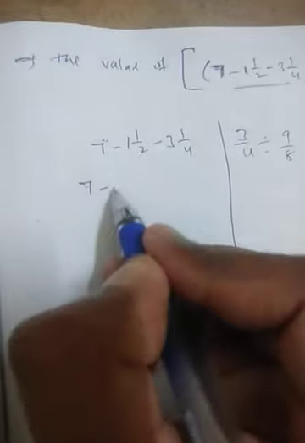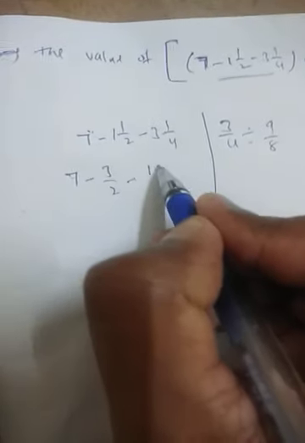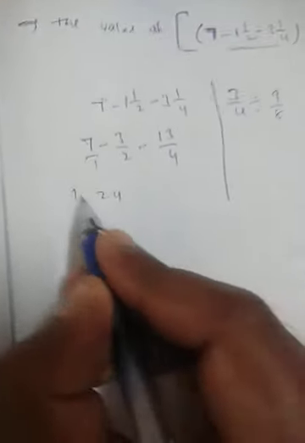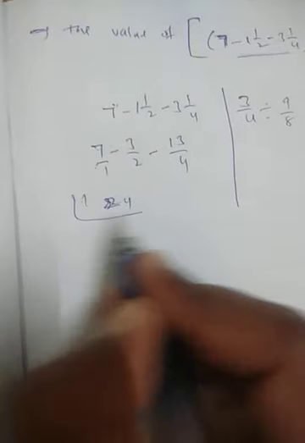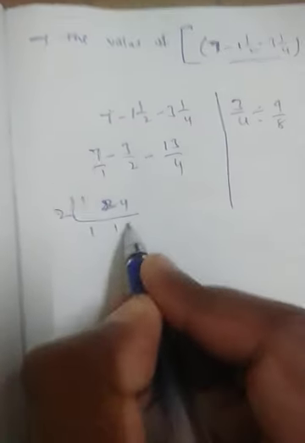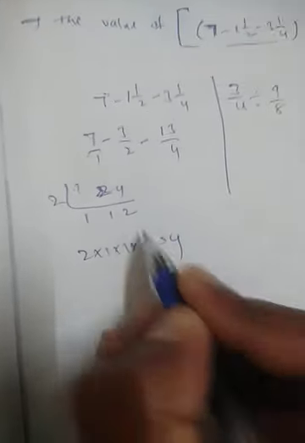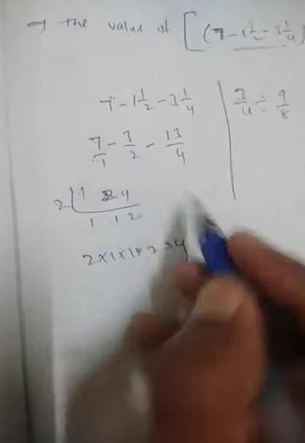So I am doing them: 7 minus 2 1 are 2, 2 plus 1 3, 3 by 2. 3 4 the 12, 12 plus 1 13, 13 by 4. Now here we have to do the simplification for this. Take the denominator as 1, 2, 4. What is the LCM of 1, 2, 4? It is 4, no need to go with 2. If you go with 2 also, you will get the same.